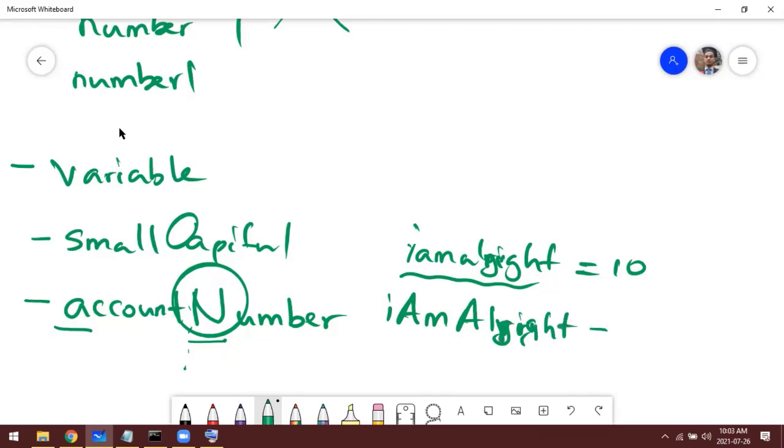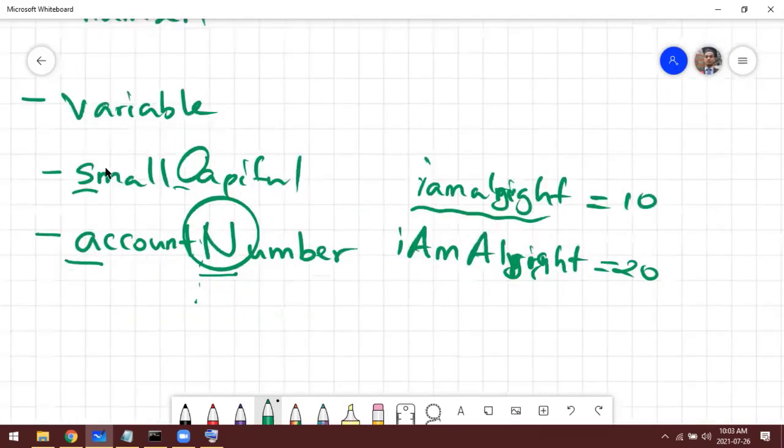Then it's easy to read, right? So if it is a variable, we start with the small letter, and if we use more than one word, from the second word we start with the capital letter, so it gives us readability, right? You should practice this throughout your programming.